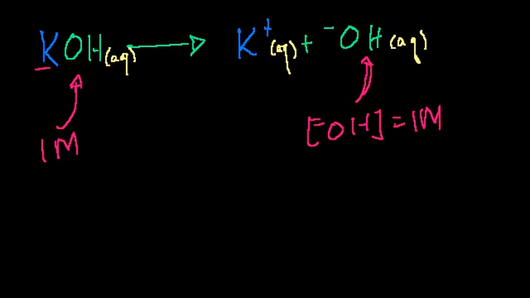So what is your pOH? pOH is just the negative log of this. The log of 1 is 0. The negative of 0 is 0. And then your pH